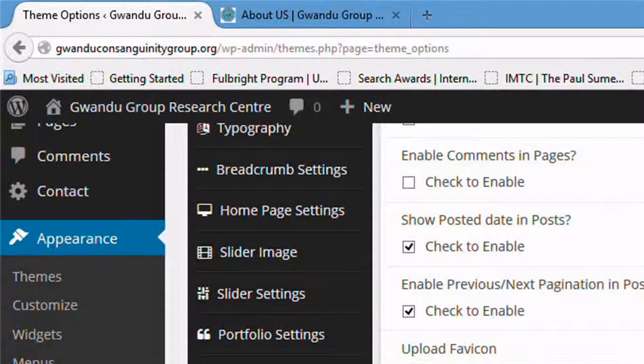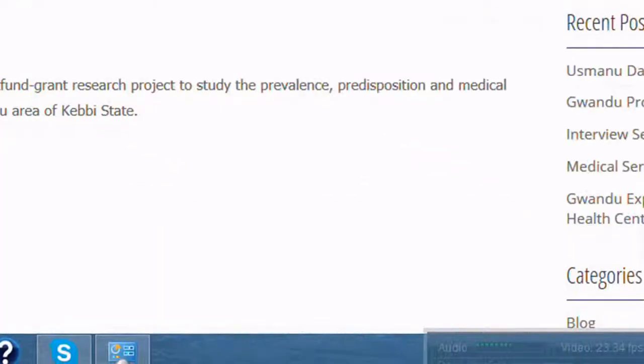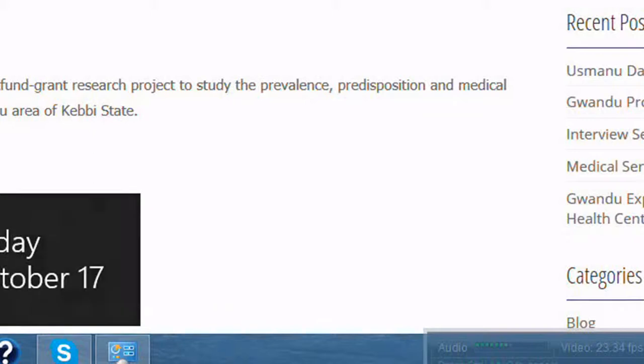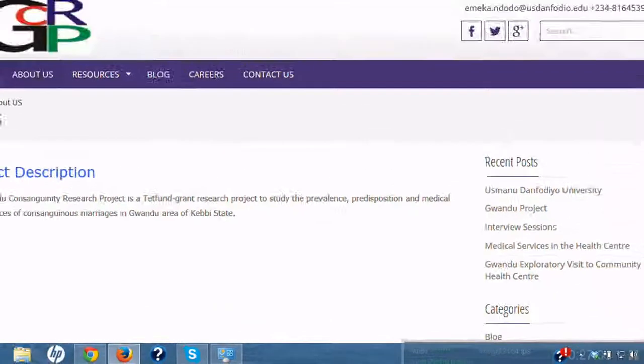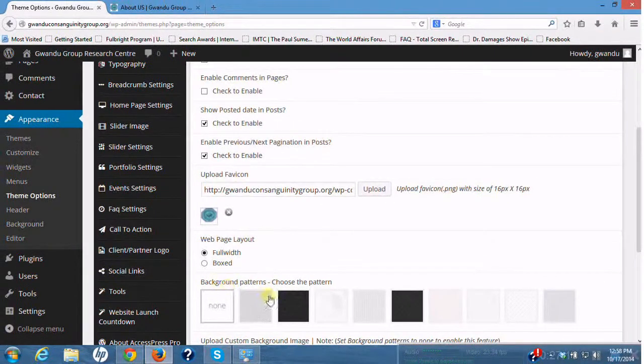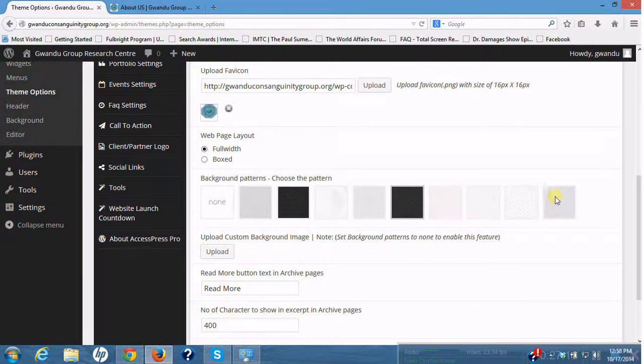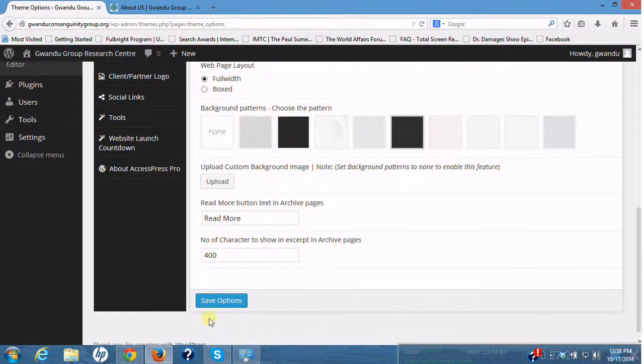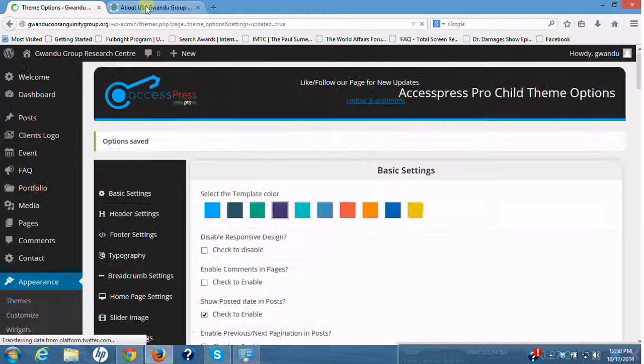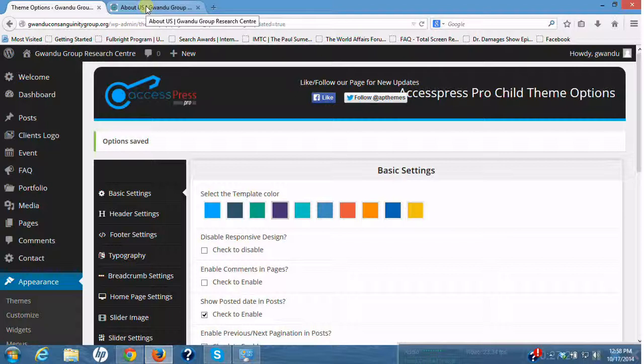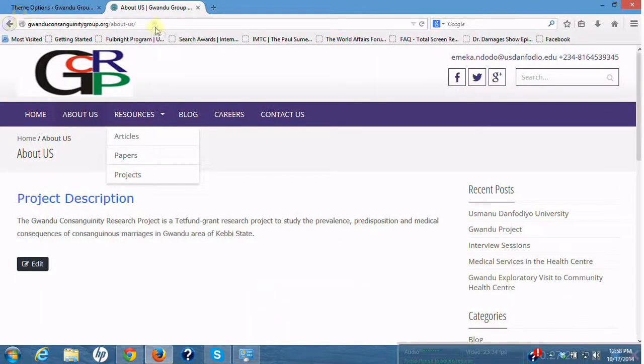We can make our web page full width instead of boxed, so the website is expanded at the edges instead of being in the box format. We can also choose different background pattern here. If I select this pattern for the website, and then I click on the save. Every setting that is made here will be followed by the save action,